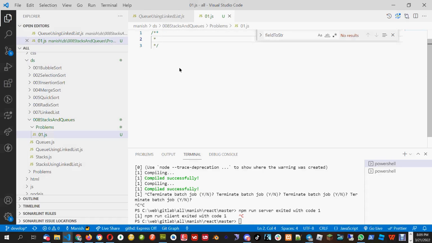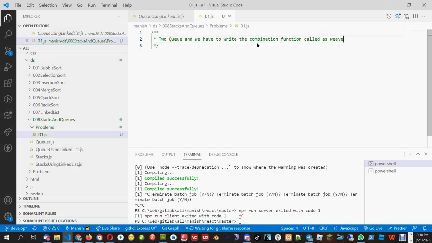The purpose of this problem is that we have two queues, and we have to write a combination function called